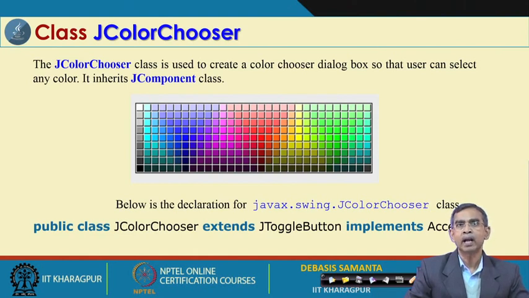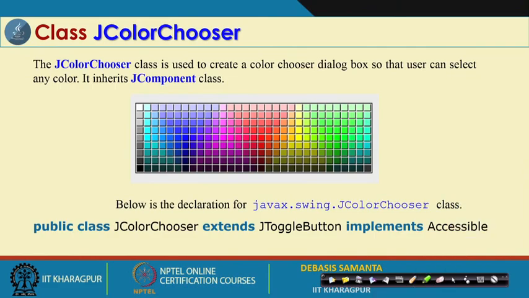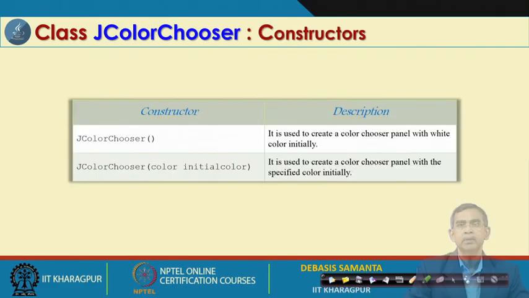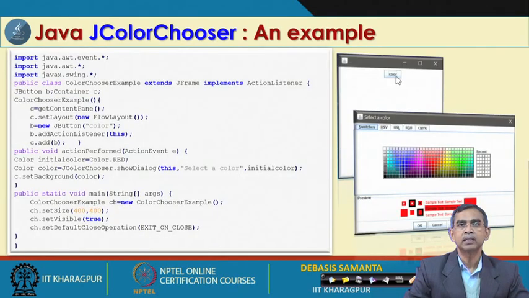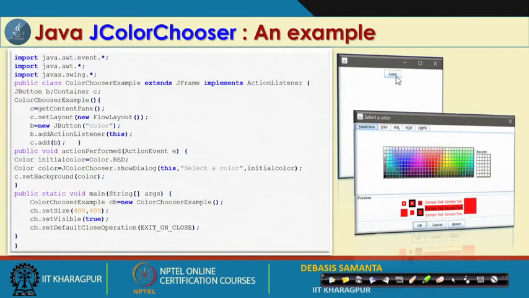So, by default it will have this color chosen, say with 200 colors, and you can add more colors into it also. Those things can be done by this constructor, and there is a method by which you can get which color has been chosen, and the value of that color can be used there. Again, this is a simple program for practice; you can see how the color can be chosen.